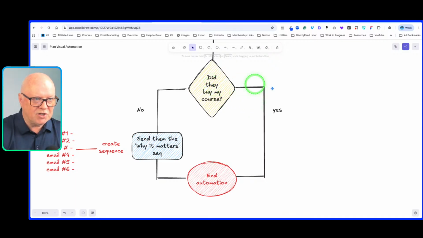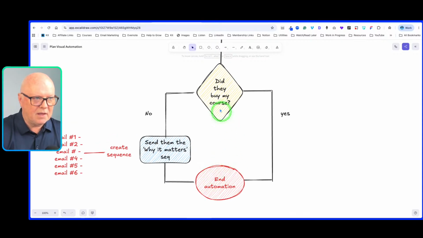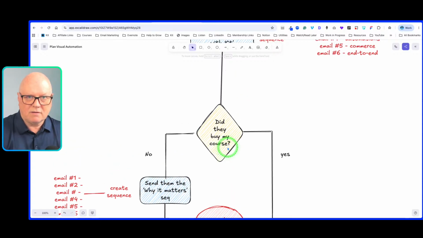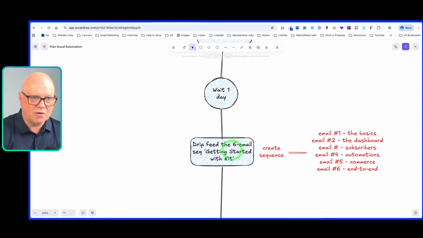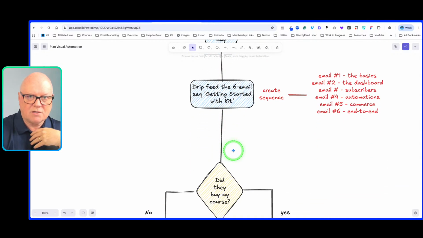So if the answer is yes, they bought my course, then I'll end the automation. If the answer is no, then I can then choose to send them another sequence that maybe gives a bit more context, a bit more information around what they're doing, and that might increase my chances of them buying my course based on that. This is purely fictitious, this one. I just put this together before this session here just to show you the process that I use to map out